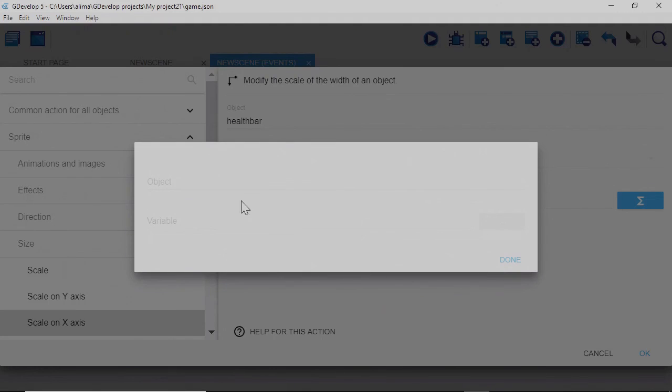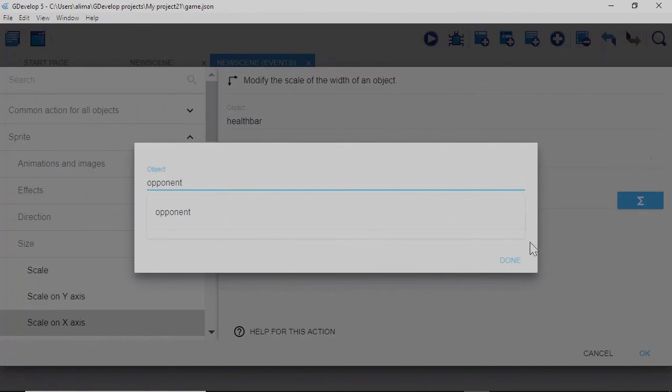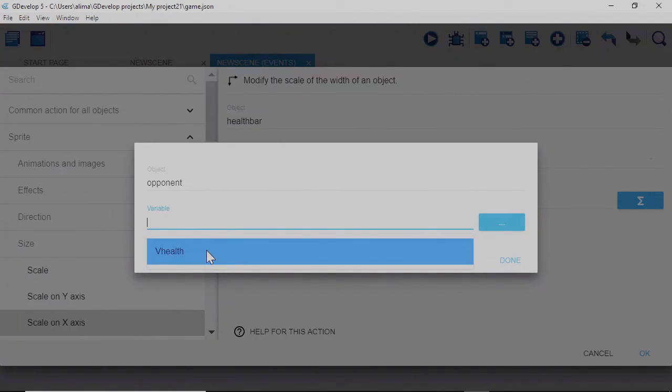We're going to left click here. Then we're going to go to object. And the object that we want the variable for is our opponent. So we're going to left click on opponent. I'm going to the side here just to see this menu. I want to get that out of the way. So I'm going to left click there. Now here's our variable. So we left click. And now we can see our V health, which is what we want. That's the variable of our opponent object. So we're going to left click